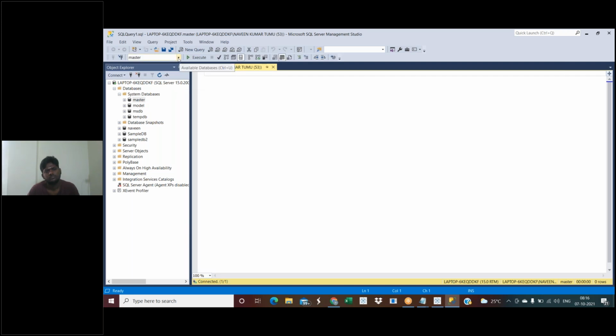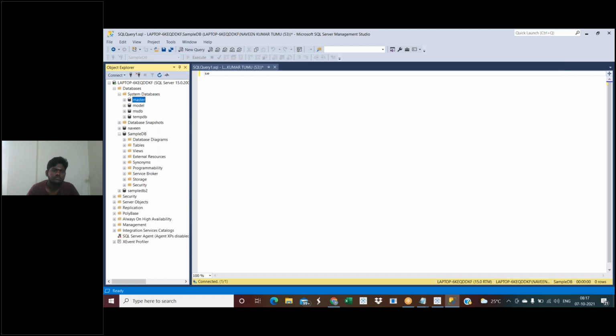So whenever you are going to write a query, you need to change the database. Now I can see sample DB. One second, I just need to see the tables. Just drop down to the tables level, and then you can see the tables we have.